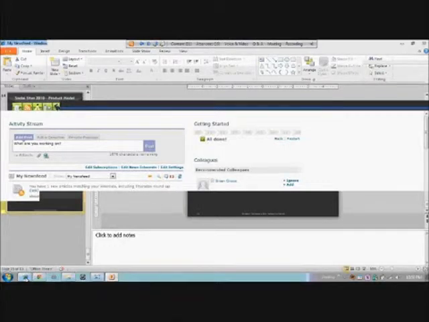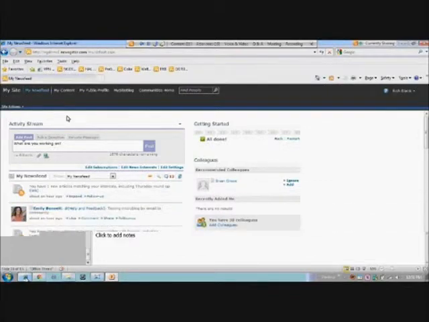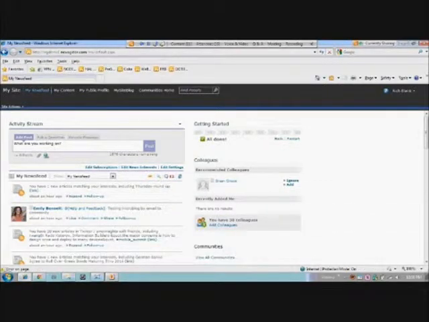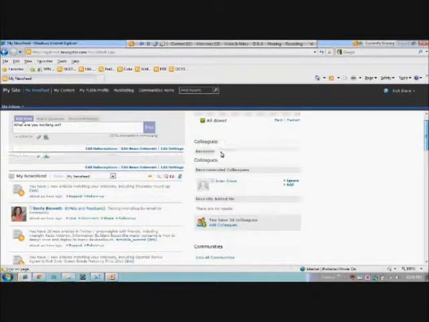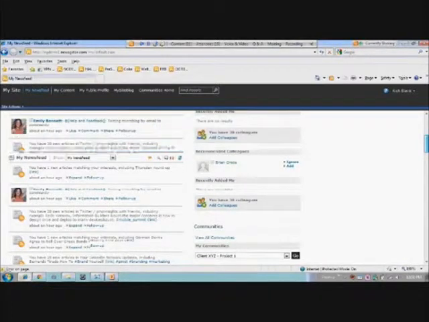If you've seen the out-of-the-box news feed, it's pretty sparse, and you can't really interact with it. What we do is toss out the out-of-the-box stuff SharePoint gives you, and we include our own activity stream in here. We include a getting started helper app, a little web part here, and we also provide recommended colleagues and recommended communities as well.